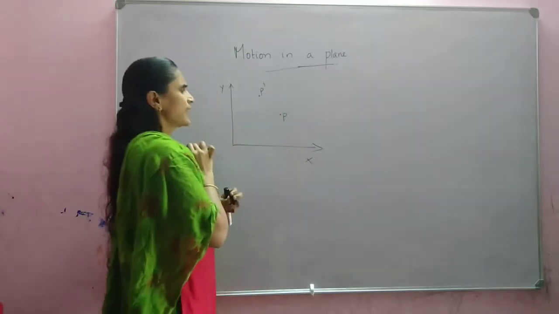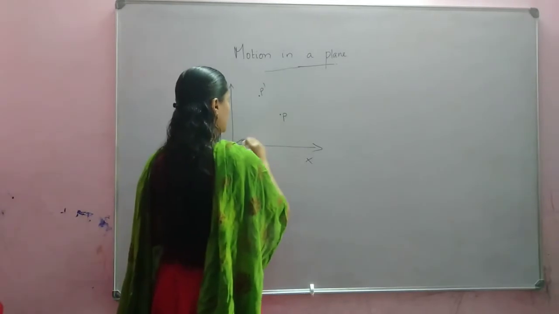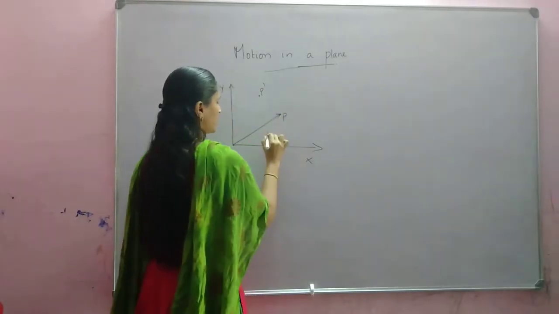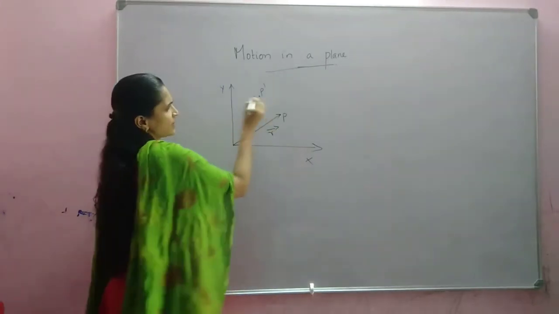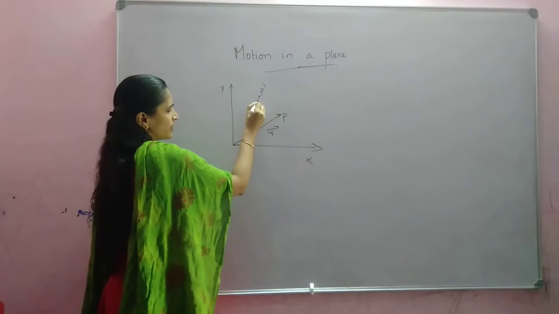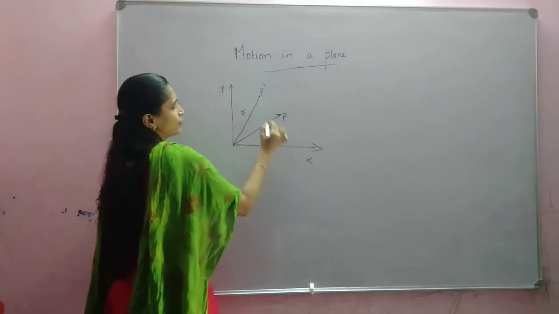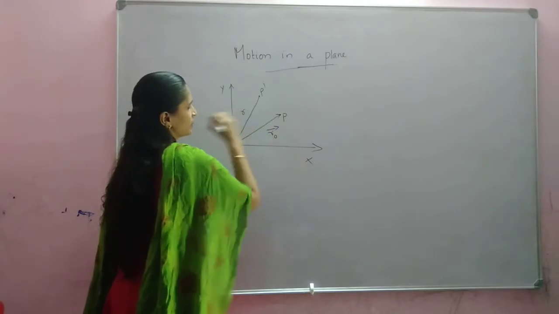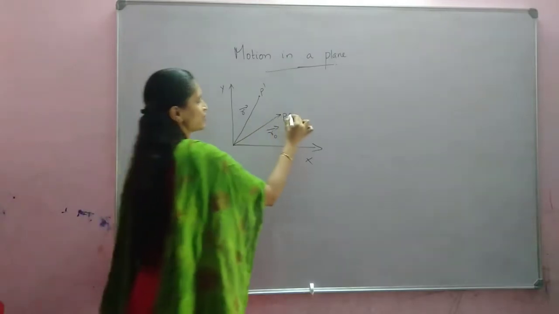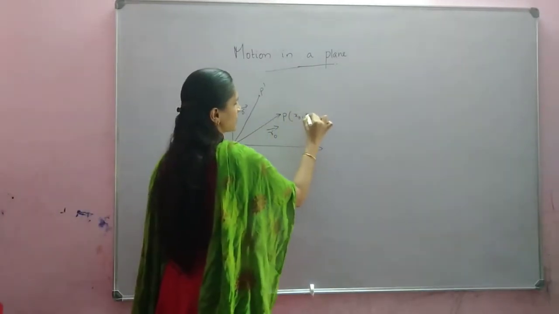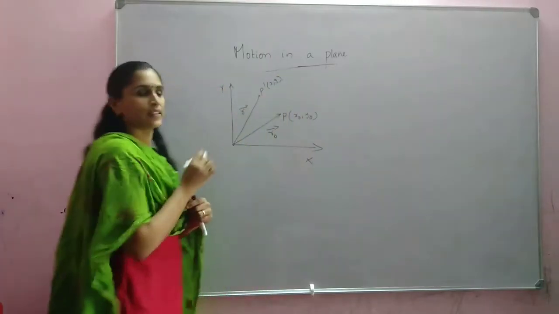So here we are considering an object initially at the position P. We can write the position vector like this. Position vector, we are indicating it as vector R. After some time it reaches the position P dash, so its position vector, for example this we can write as R0, the initial position vector, and this we are writing as R dash. If the initial position is x0, y0, and the final position we are marking as xy, this is the final position.